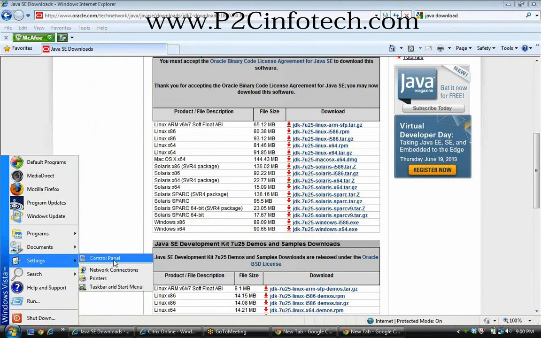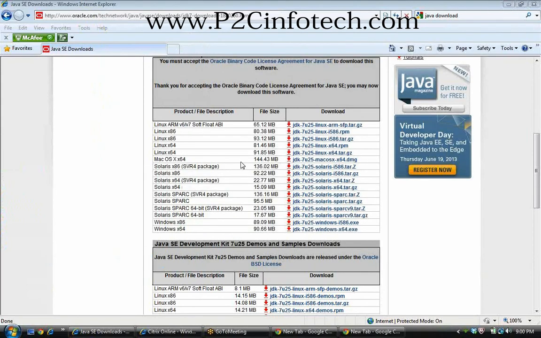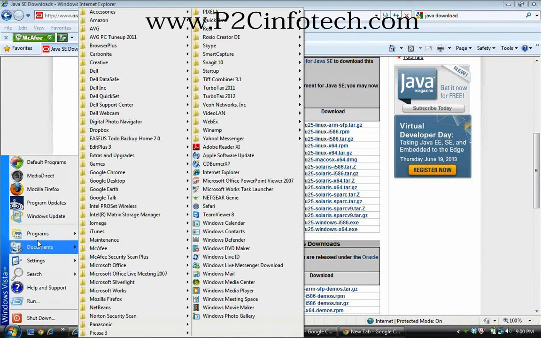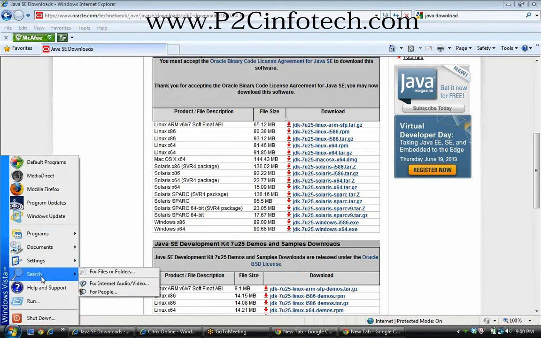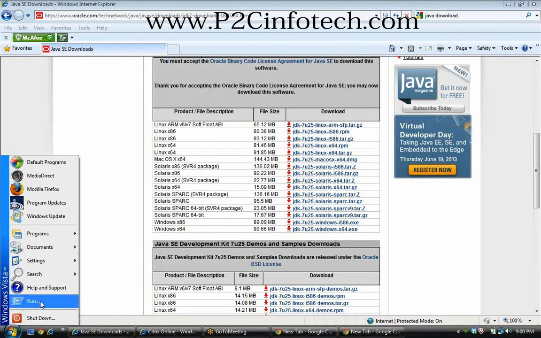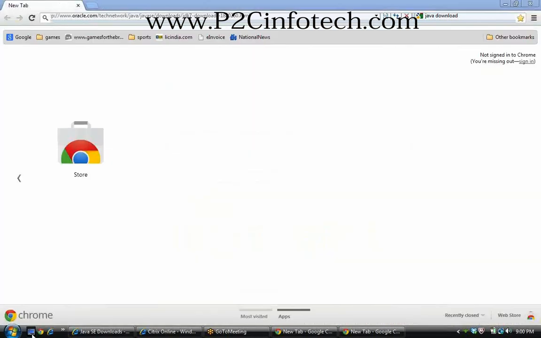No, not that one. This computer, right? My computer. Beside that one. It's the desktop.